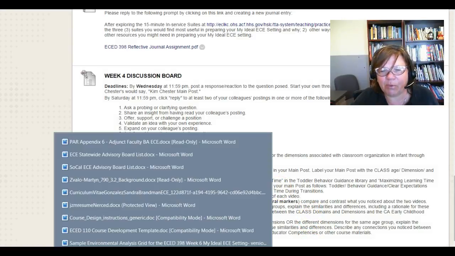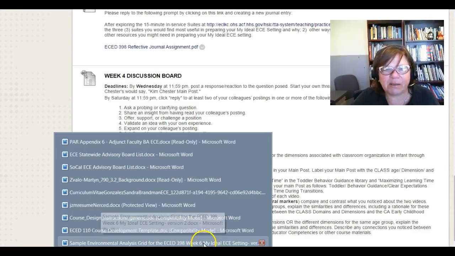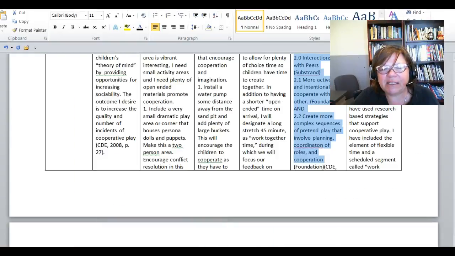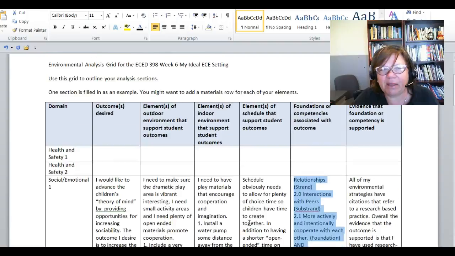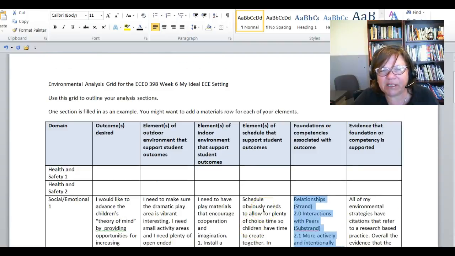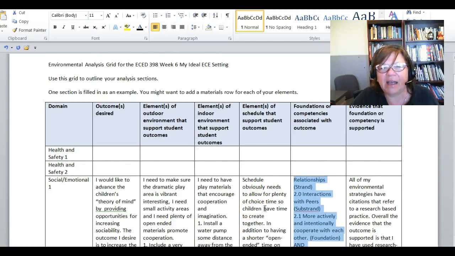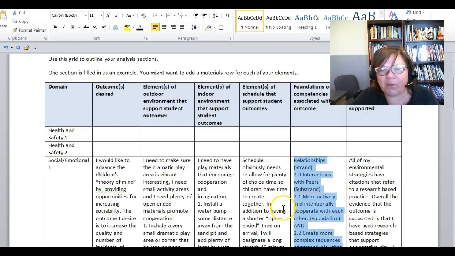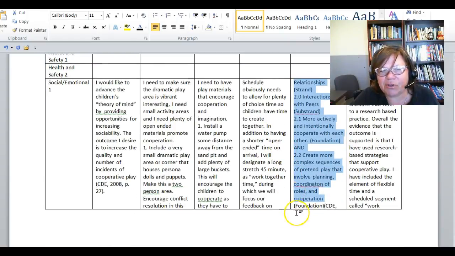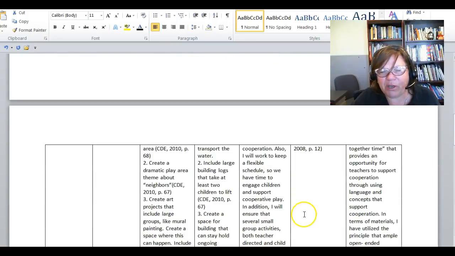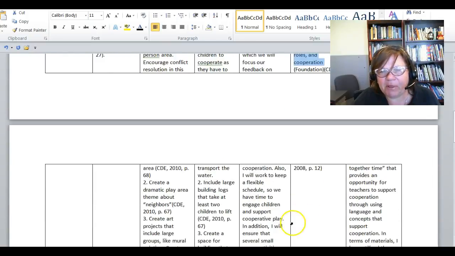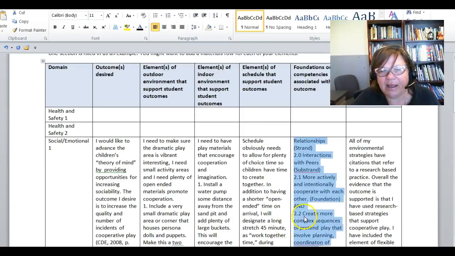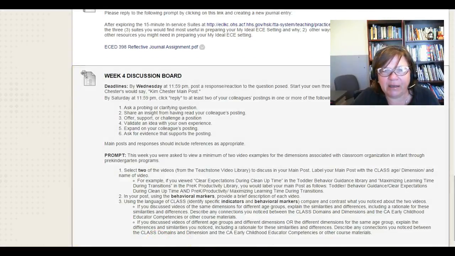I want to show you one more thing, and we'll talk more, answering particular questions, at the meeting. I'm going a little over 5 minutes, don't want to. But I did do a little sample in the analysis grid that I provided you for the week 6 My Ideal ECE setting, and I'm going to upload that for you, and it kind of shows you what I was thinking, how I would use this to help me write my paper. This is just an organizational guide, and then you would take all of this and turn it into a paper. So it's just a tool for you, and we'll talk more about that as well on our meeting this Wednesday